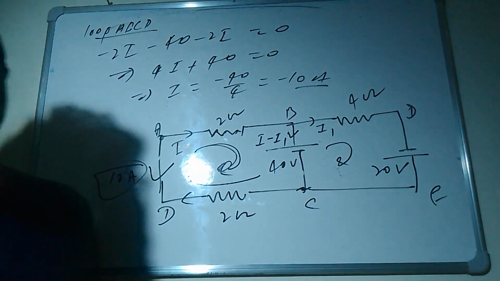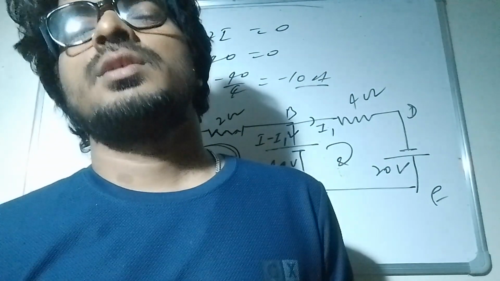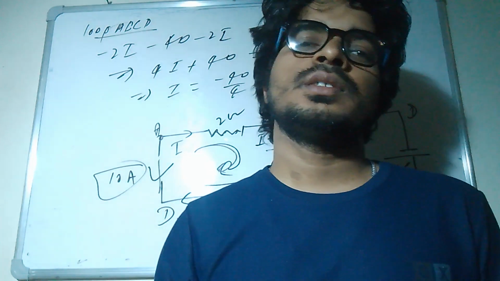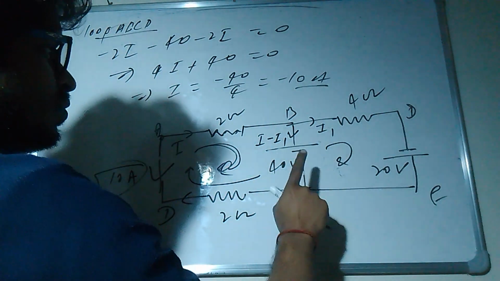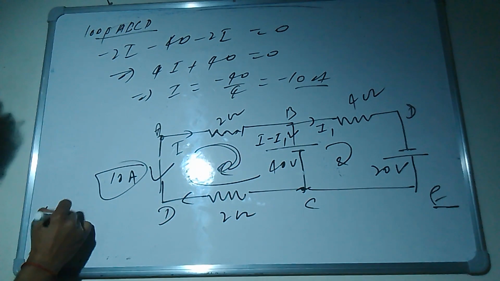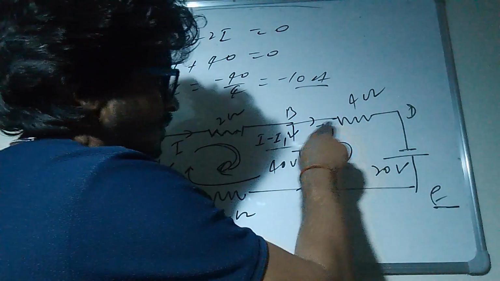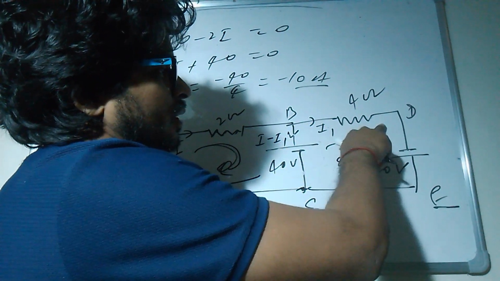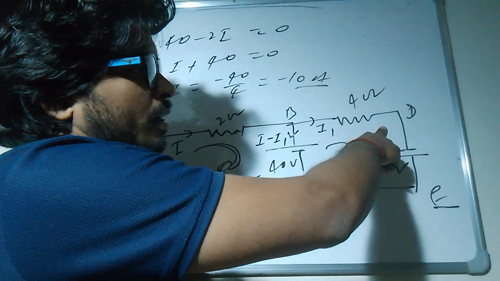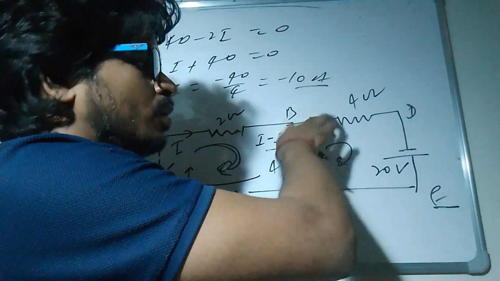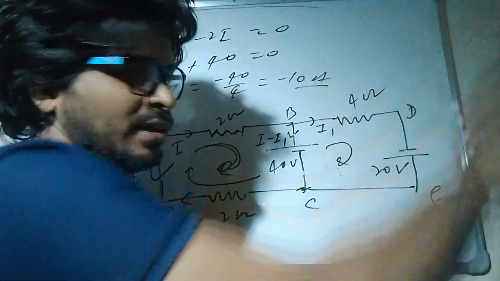So the good thing of this theory is that you need not worry about the direction. Automatically it will come in the picture. Now I'm going to analyze the loop, this one, BDEC. In loop BDEC I'm starting from point B, going in the direction of current, because our assumed current is I1. We have to follow our assumption only, no need to worry about what is reality.